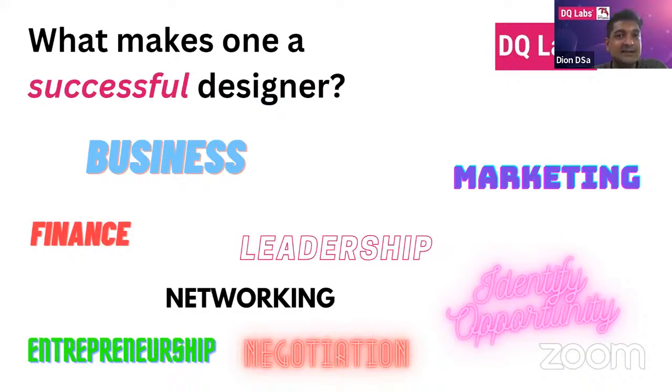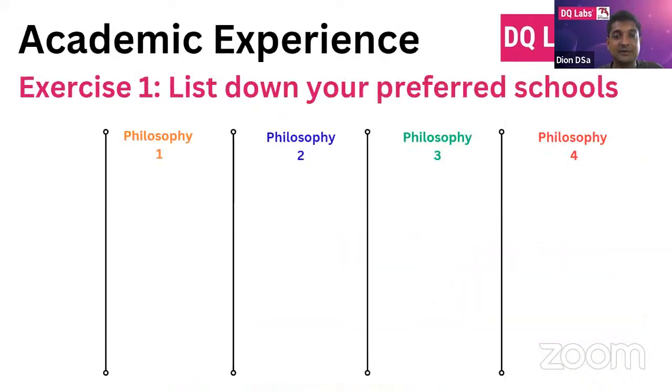And this is actually something which many, many schools don't cover. But while they don't cover this, they offer this in their experiences, and this is what you need to keep an eye out for. So when you listen to schools, you listen to their academic experiences as well, but you also listen to the other aspects that add to your success as a designer. So there are two things that you need to focus on. Now, some of these things you may not have immediately, but you need to acquire this over time.